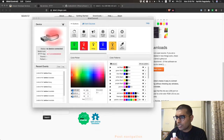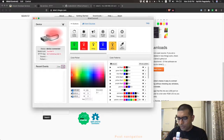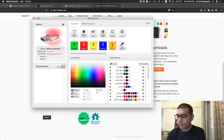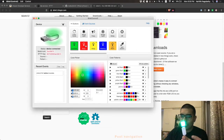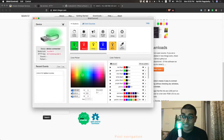Why is it not working? Okay. I don't know if it's a physical connection issue. I mean, this would work perfectly fine when I was not streaming. Okay, it looks like the device is connected, but the moment, yeah, there we go. So you can see I can just set this up to any color that I want to. So I can set it to available,